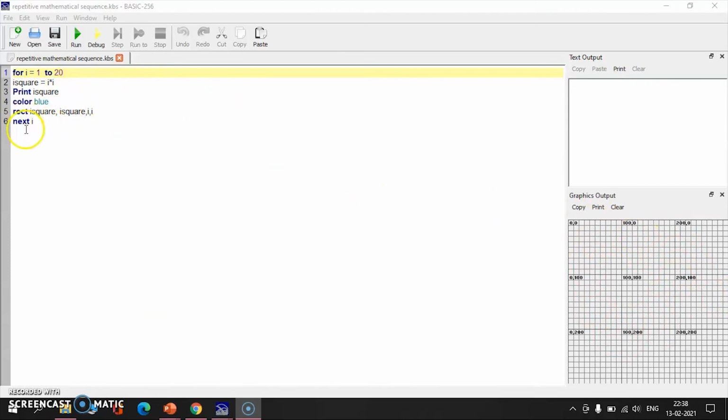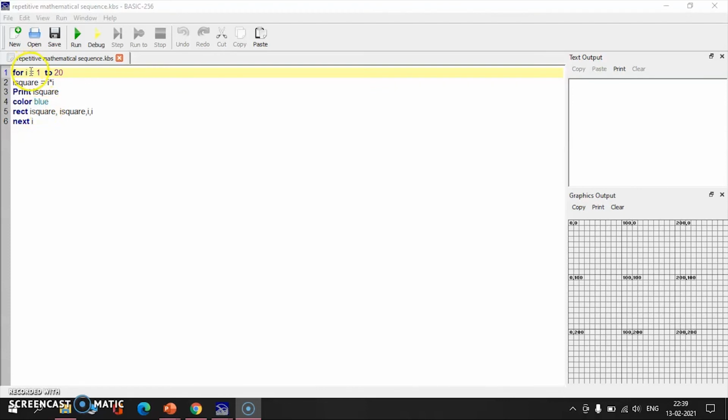Next, I is incremented by the value 1, since we didn't assign any value in expression 3. By default the I value gets incremented by 1.